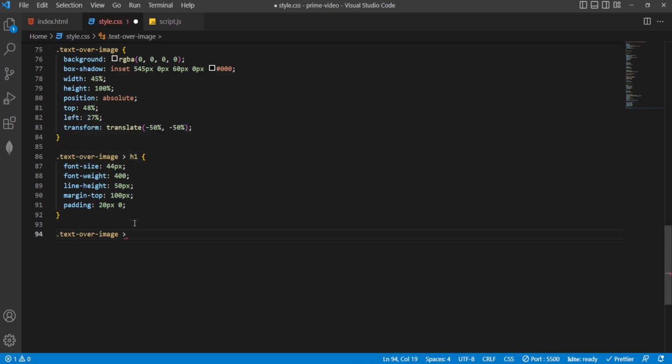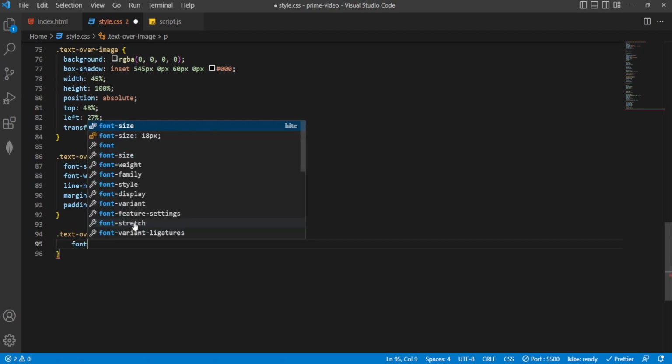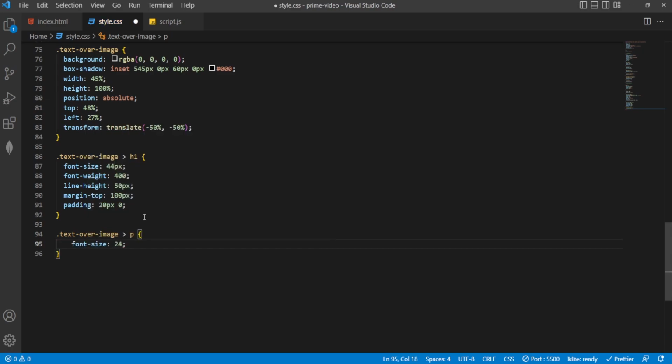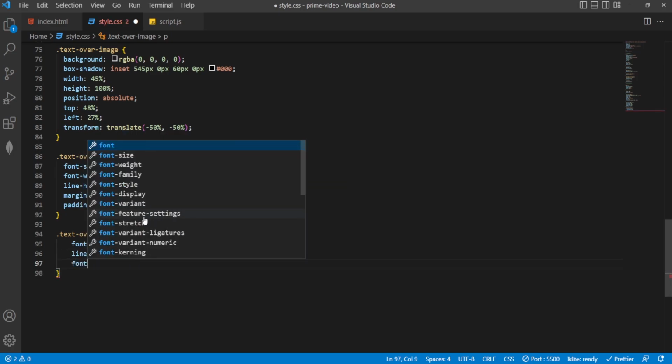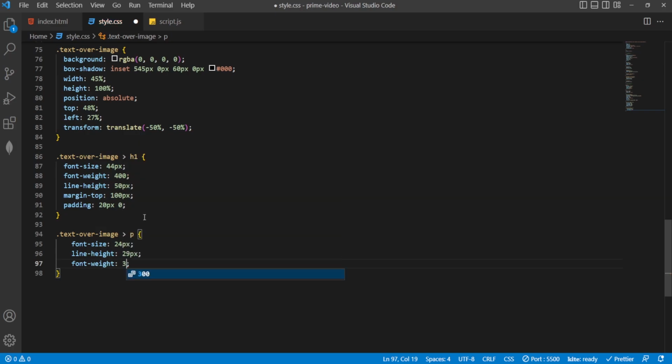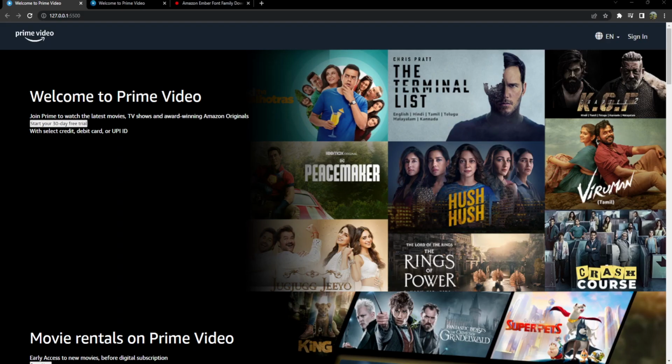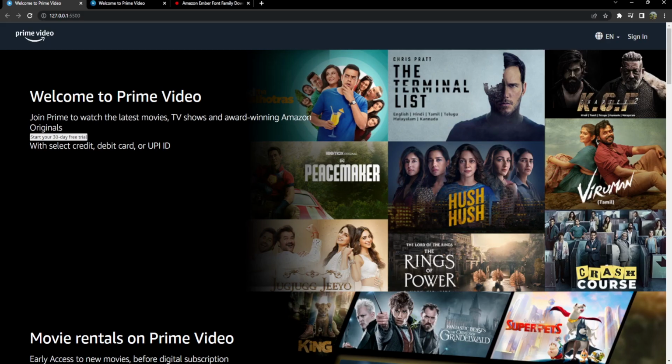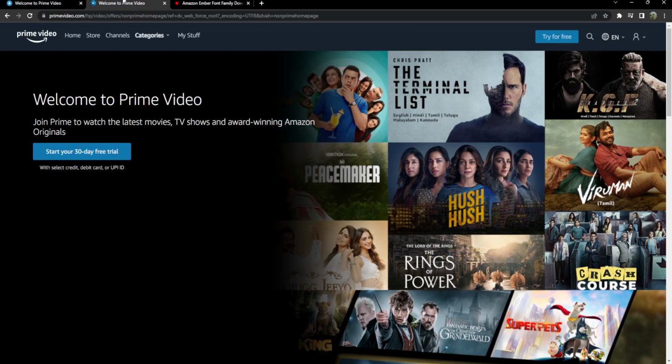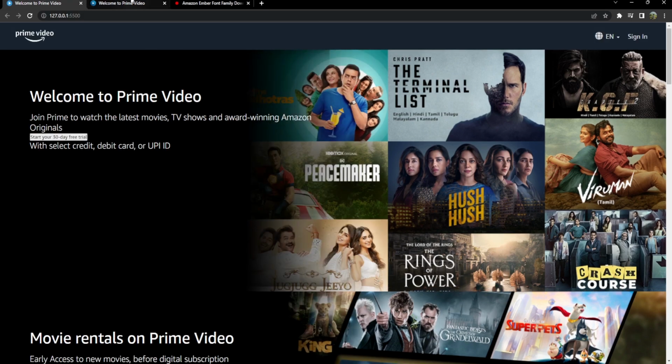copy this class and paste it right here, and assign p tag and give font size 24 pixel and line height 29 pixel, and also give font weight 300. Okay, so let's check it. Almost looking same. Now let's come to code and